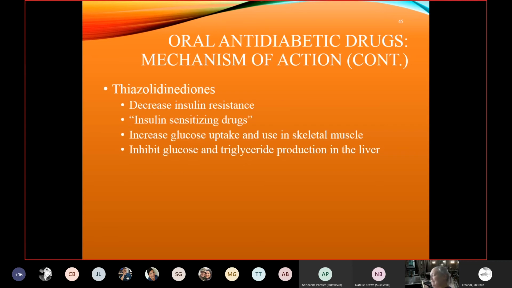Thiazolidinediones decrease insulin resistance, so they're insulin sensitizing. They decrease insulin resistance by enhancing sensitivity of insulin receptors. They directly stimulate peripheral glucose uptake and storage and inhibit production of glucose and triglycerides in the liver. They have a very slow onset over several weeks, and max activity may not be seen for several months. Although they have seen some preservation of beta cell function, so it looks like it might slow